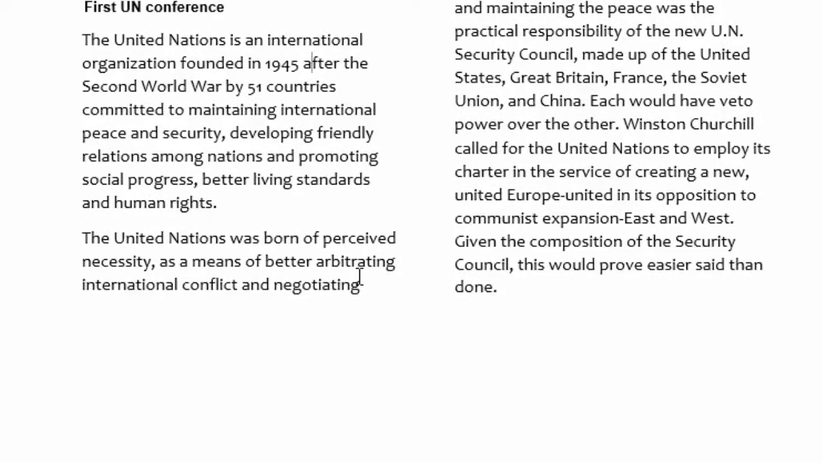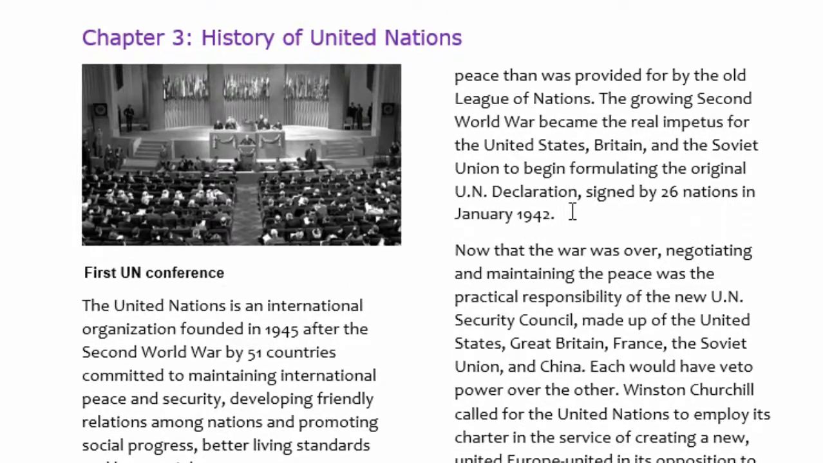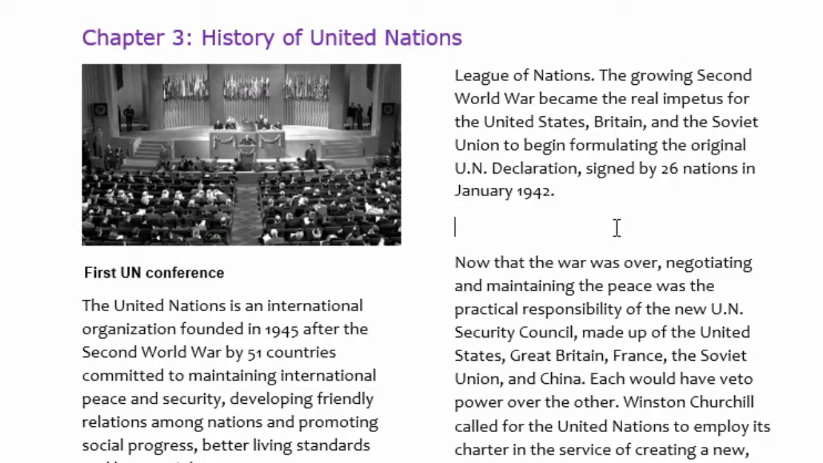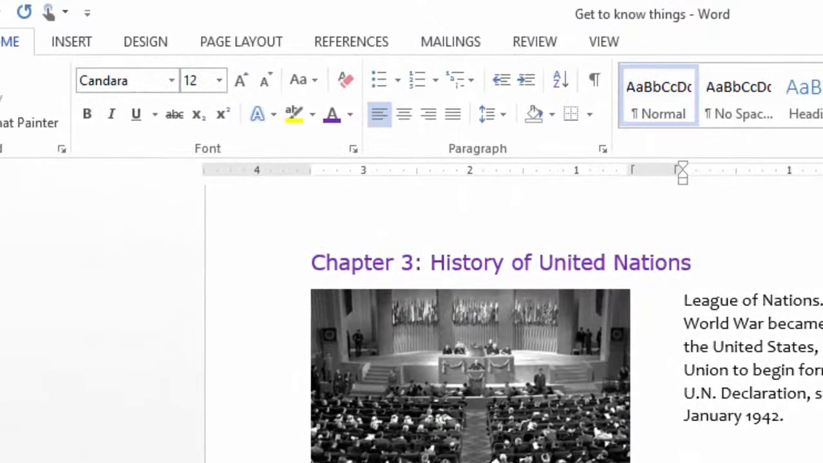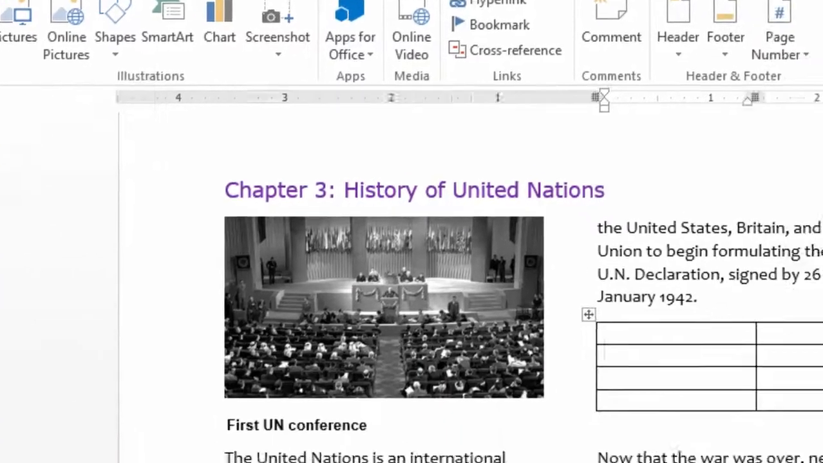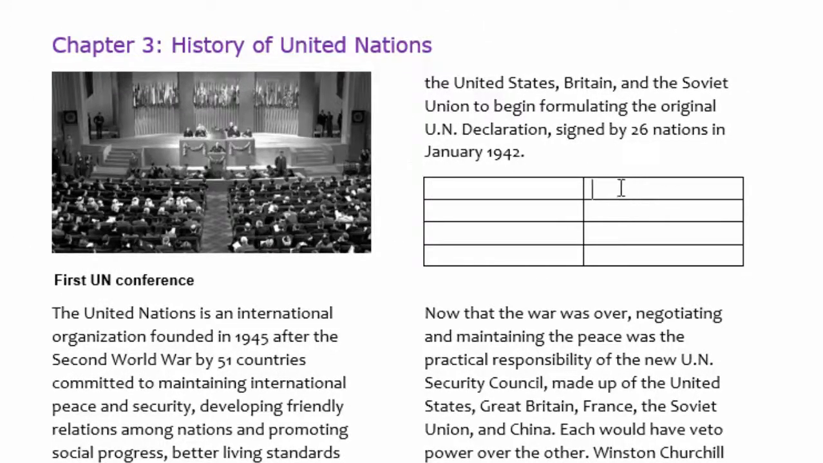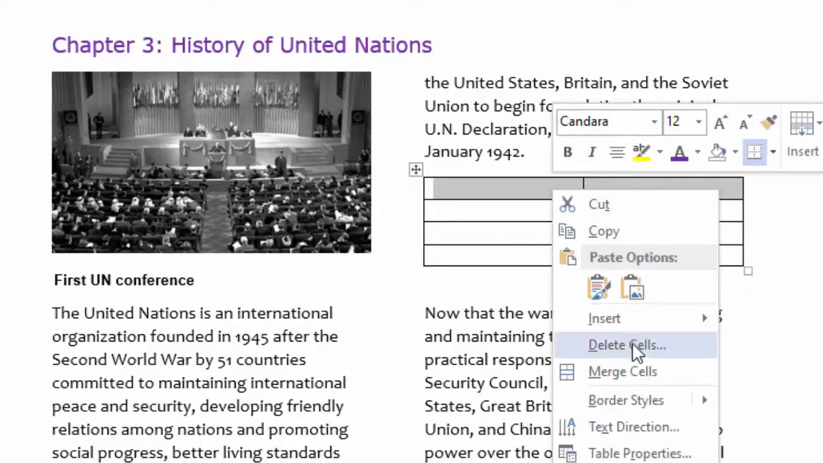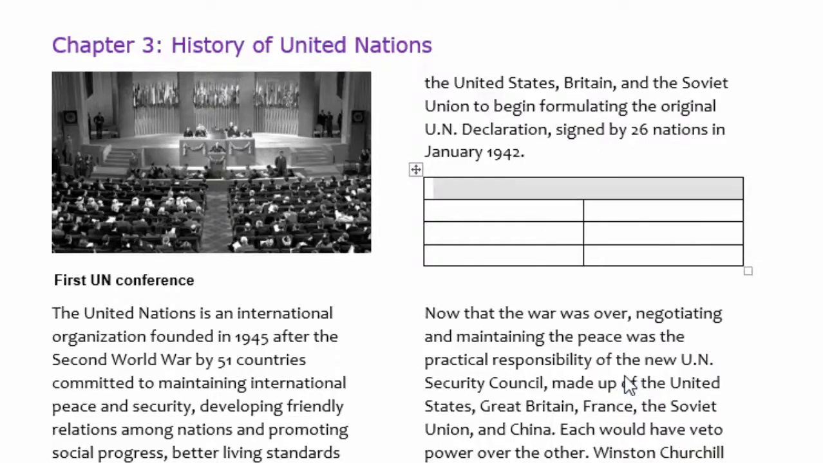Now finally I will insert a table after the towards January 1942. I will just click after the full stop and press enter. I will go ahead and insert a table with some details. In this table I need 4 rows and 2 columns. I will go ahead and merge these two into one cell by clicking merge cells, and inside here I will